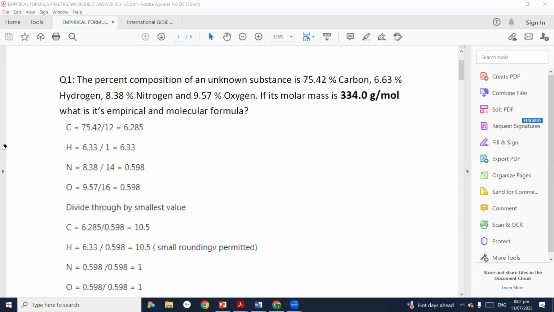To calculate the molecular mass, first of all, you need the empirical formula. And in the last class, we calculated empirical formula. The first data you require for the calculation is molar mass, and the second is empirical formula. So suppose in this question we have calculated empirical formula. One question I am going to explain, then you will practice it.